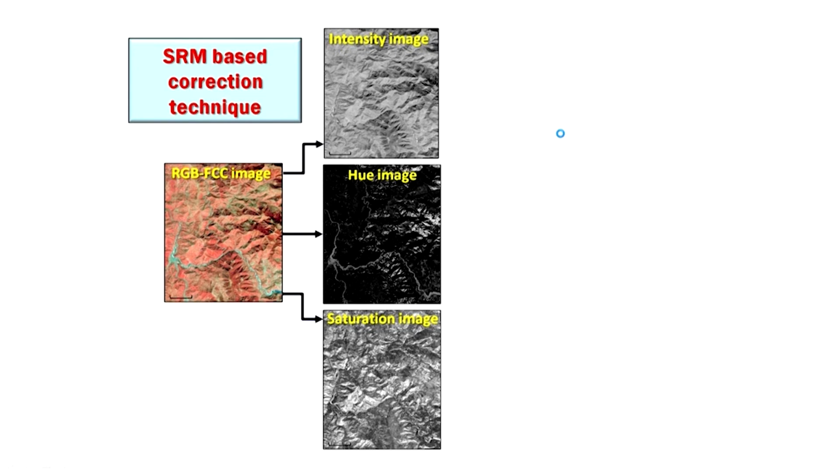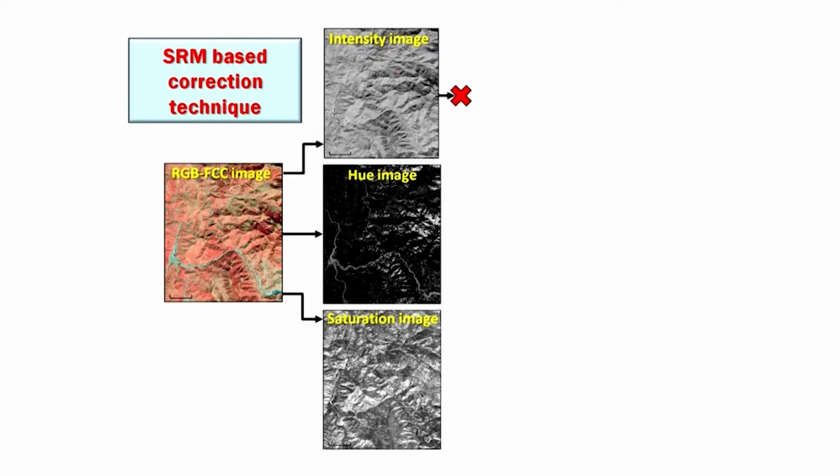Now, that color composite has been split into 3 components: intensity, hue and saturation. Now, what we did, we removed this intensity image, because as you can see it is suffering from FTPP, and the rest, these 2 images of the IHS transform, hue and saturation, continue in our processing,